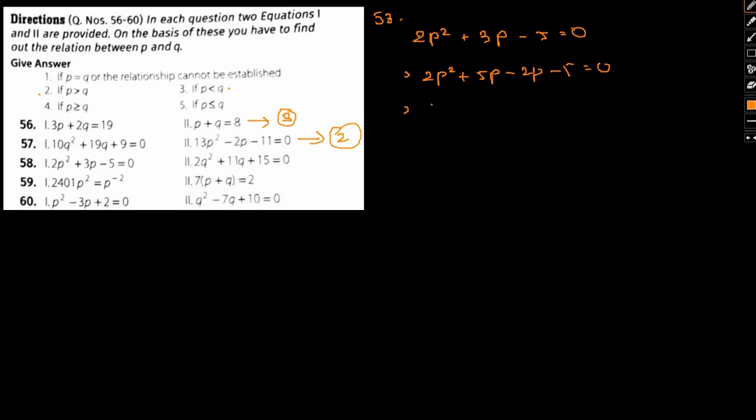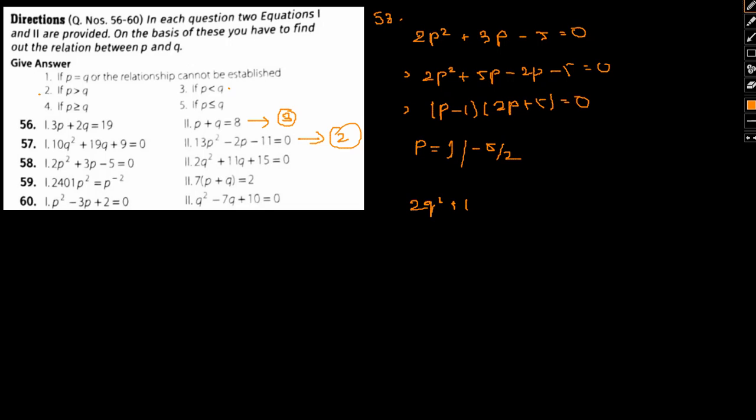Therefore, p can be written as (p minus 1)(2p plus 5) equal to 0. Therefore, p is 1 or minus 5 by 2. Okay, so we have the following values for p. And if we take the second equation, it says